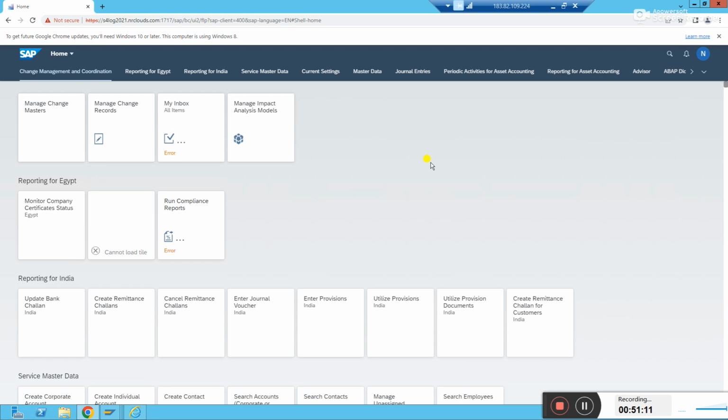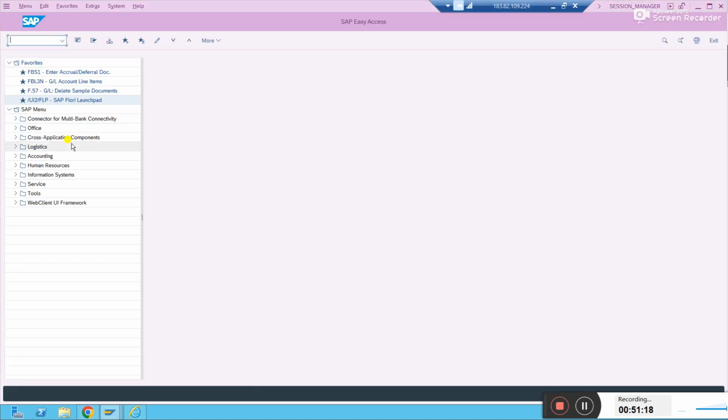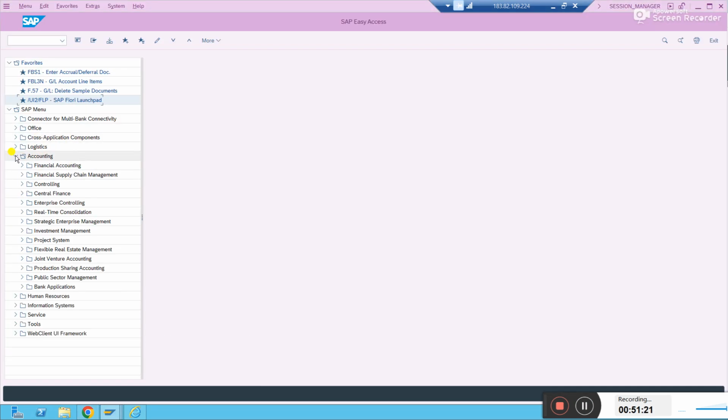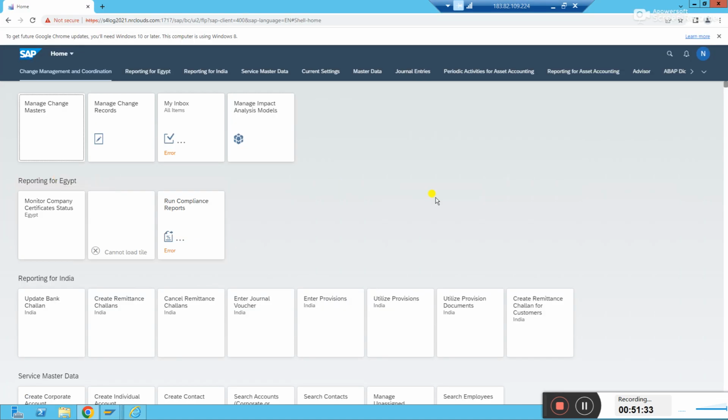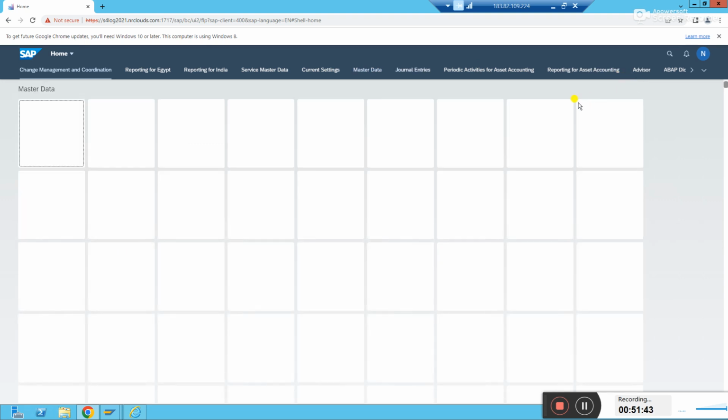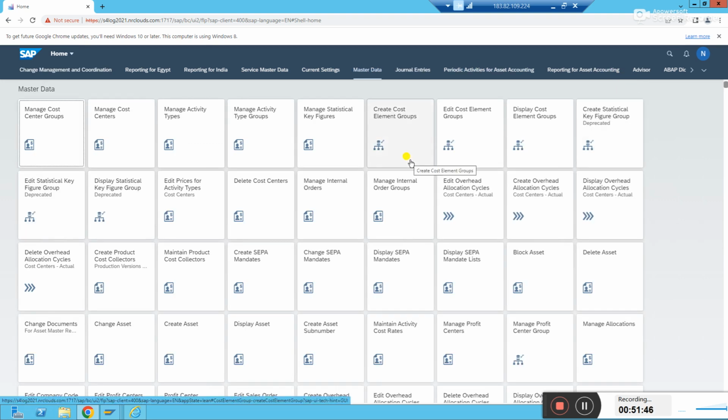See, it has opened, right? You have apps. We call them apps here, while there we call them folders. For every functionality you have accounting, and in accounting you have financial accounting. You have controlling. Under controlling you have different things, and under financial accounting you have different things, right? Likewise, here you have apps. In Fiori, you have apps: journal entries, master data, reporting, predictive accounting, advisory, whatnot. Whatever you have there, everything you have in Fiori.